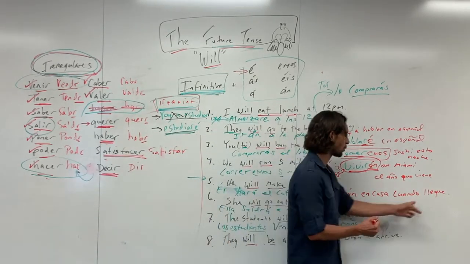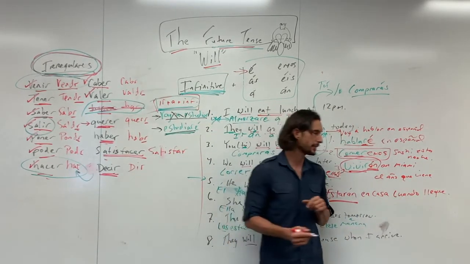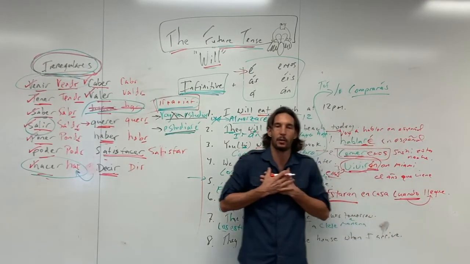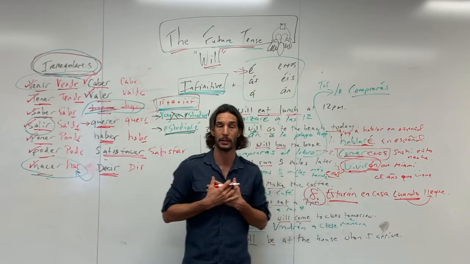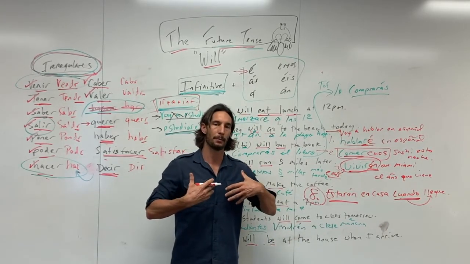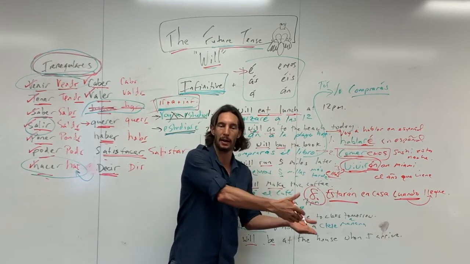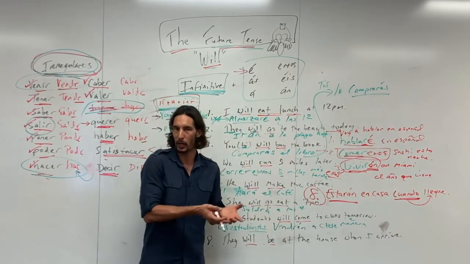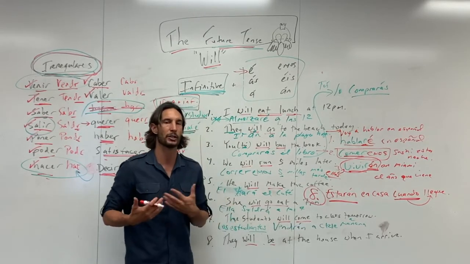But I want you to see how estarán en casa cuando llegue. And so check this out. I say cuando, when I arrive. Now I haven't arrived yet in this sentence, right? But I'm en route, let's say. And so they will be home when I arrive. Because I haven't arrived yet, I can't say cuando llego necessarily. Now you could say